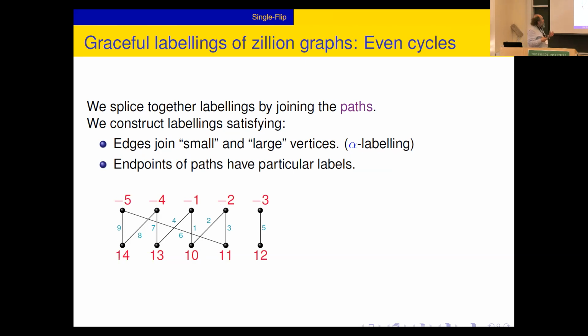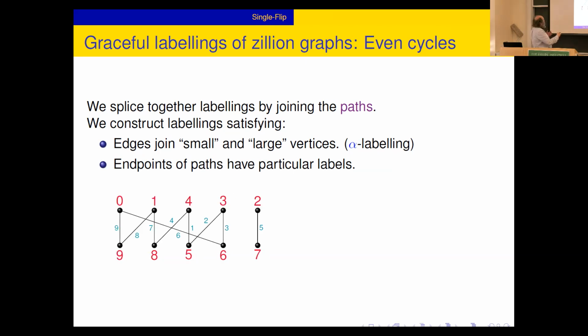And so the first thing I want to do is back up. I should point out what I'm actually using here is an alpha labeling, not a general graceful labeling. In an alpha labeling, you can divide the vertices into two parts, which I've done here, and all the edges go between the two parts. And further, the top part, the small part, all the labels are small, less than a certain value, and the bottom part, the large part, all the labels are bigger than a certain value, and all the edges go between these two parts. Okay, and here's this gracefully labeled